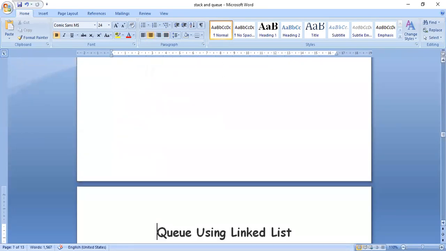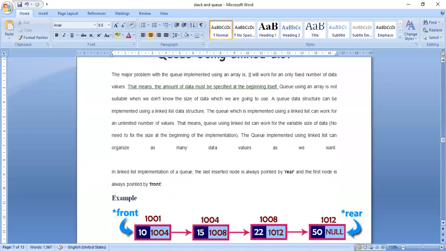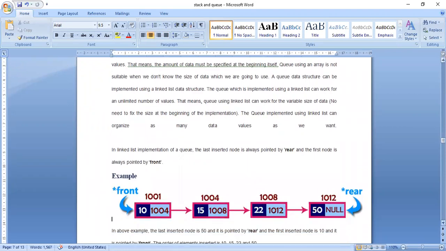So how I will represent and do the operations in a queue by using a linked list. So you can see the diagram. What are the two operations I have to know to implement the queue data structure?